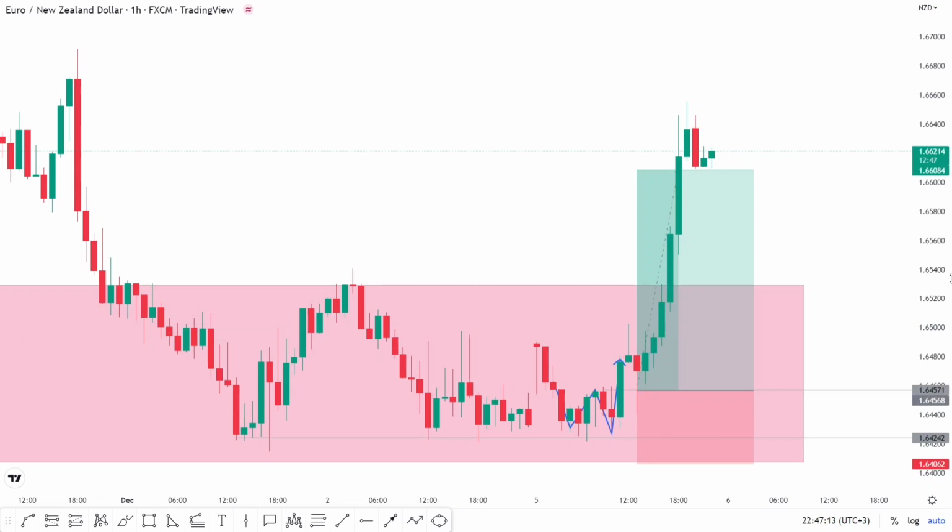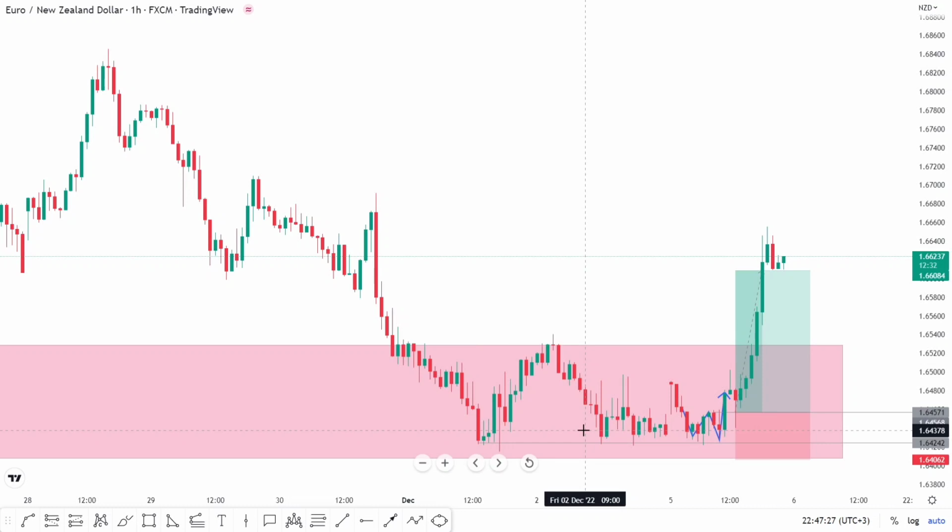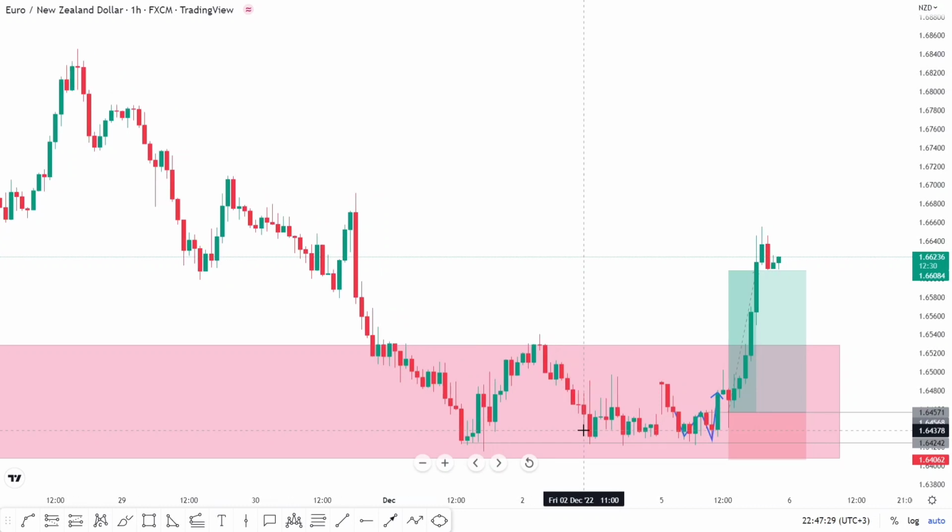Same trading style, supply and demand. I don't change how I trade. I have the same system that I follow. If there is no setup, I don't trade. And you can see by the time I'm getting a setup, it's taken me a very long time, because all the way from this point there was no setup. Price was just dropping. So it's taken me a number of days, about 4 or 5 days, before I could find this setup. So basically, that is how you trade using demand and supply.